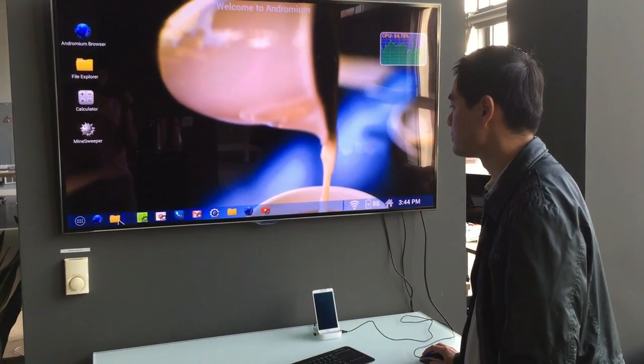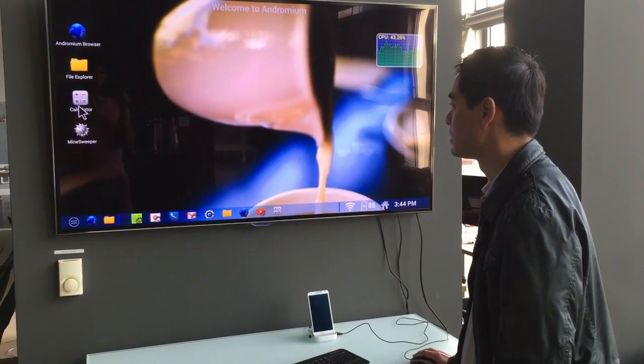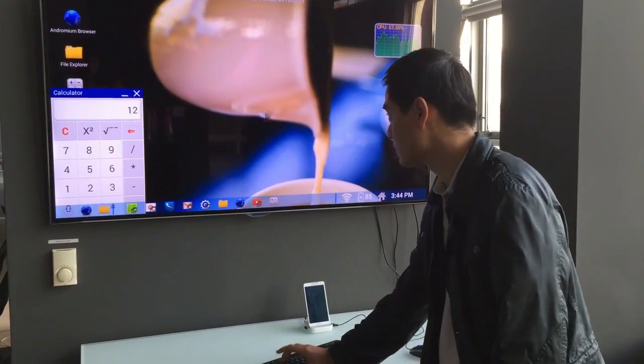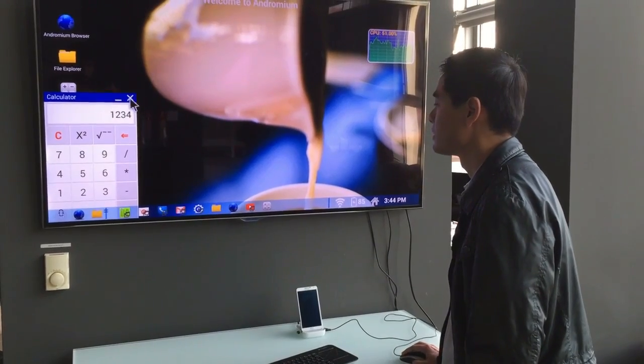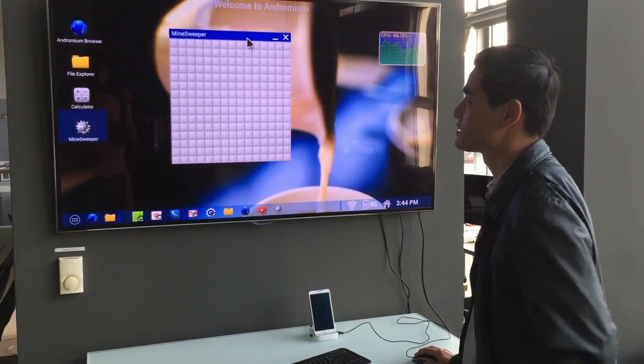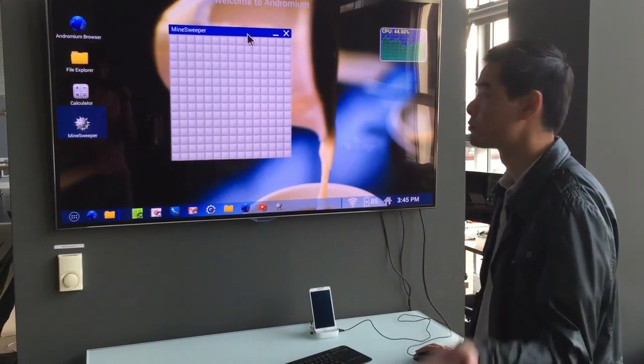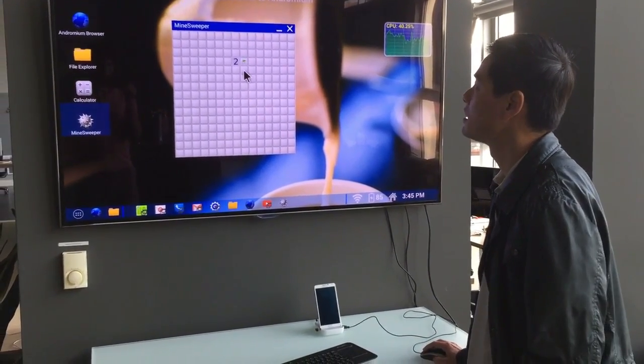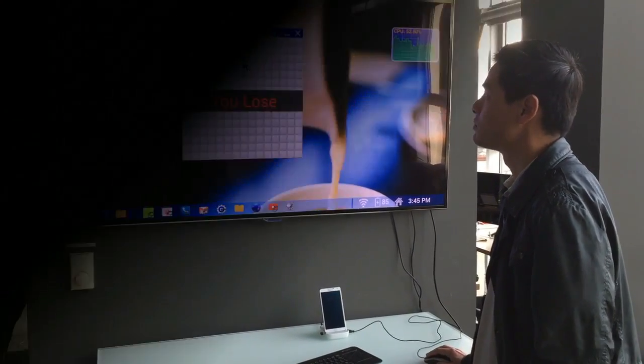Again, we have a suite of games. If you want to use browsers, you can interact with keyboards. And if you're curious about playing games, it supports the standard set of interfaces like Windows 7, which means it has both right-click and left-click capabilities. So if you know how to use